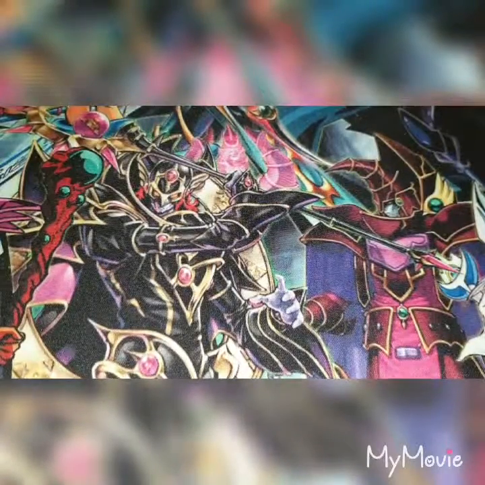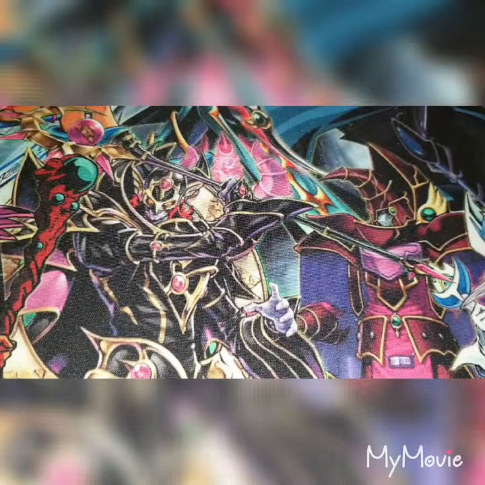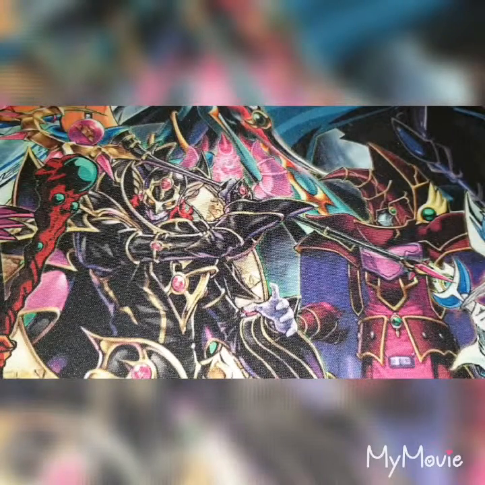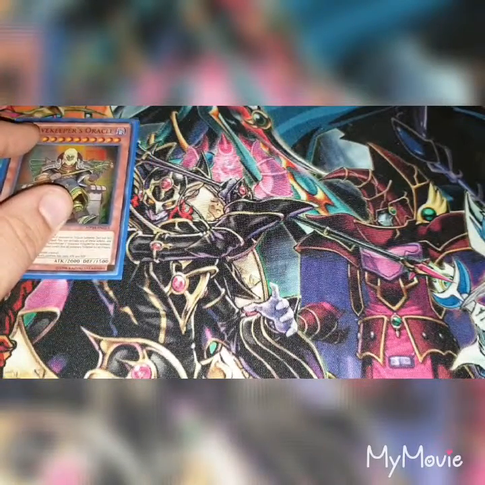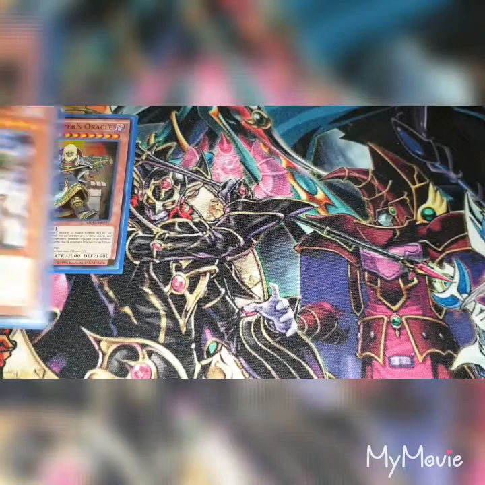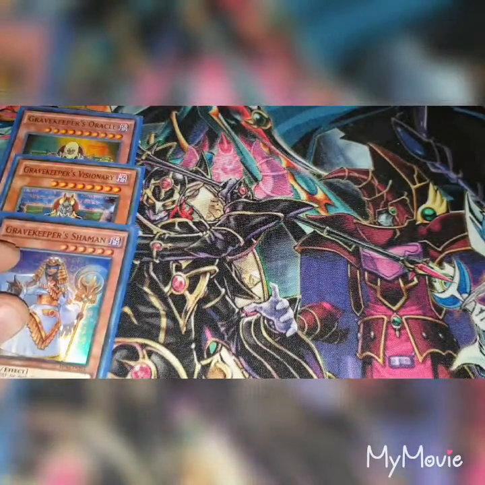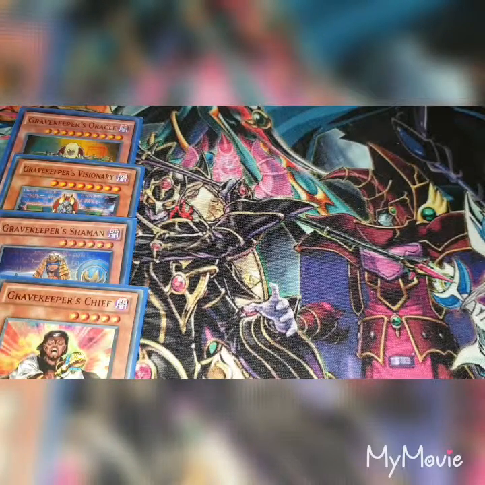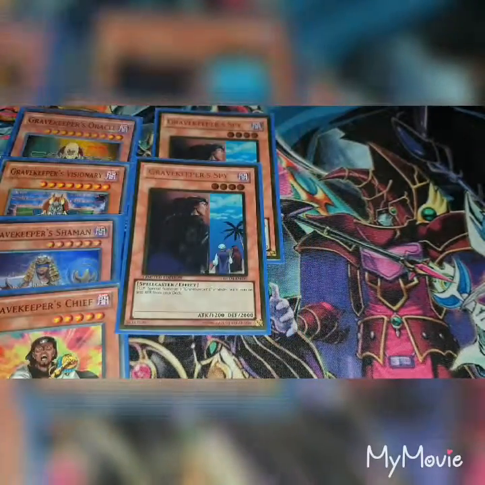As you remember, it used to be quite a chunky deck, full of monsters of all sorts of different ones and all shapes and sizes. It's actually a bit thinner and mostly focused around the Gravekeepers now. So the monsters, we run one Gravekeeper's Oracle, one Gravekeeper's Visionary, one Shaman, one Chief. Still running 2 copies of Spy,